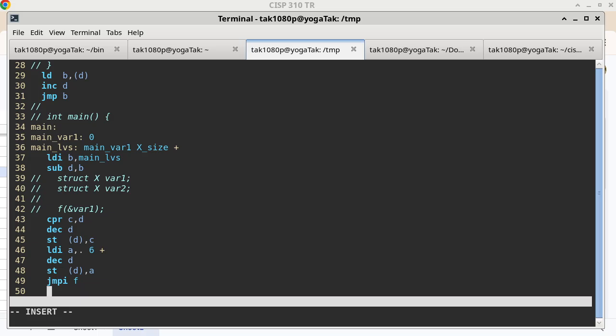Because what did we push on the stack? Did we push a structure on the stack, or did we push the address of a structure on the stack? The address. Yep, that's right. So there's only one increment. This also relates to C++ programming. So when you specify a structure